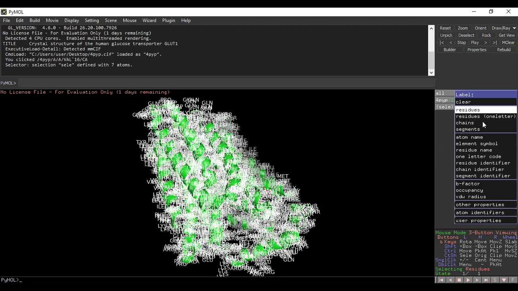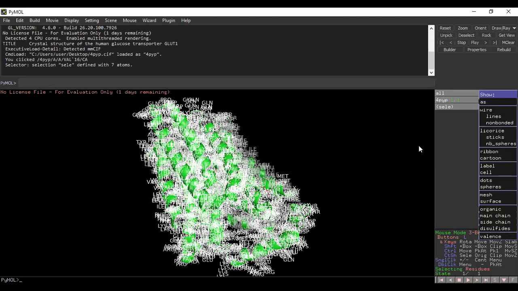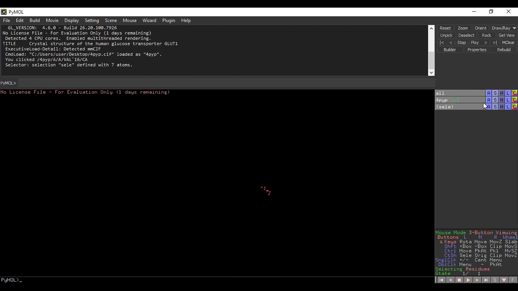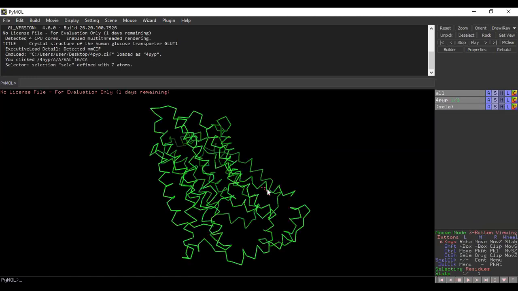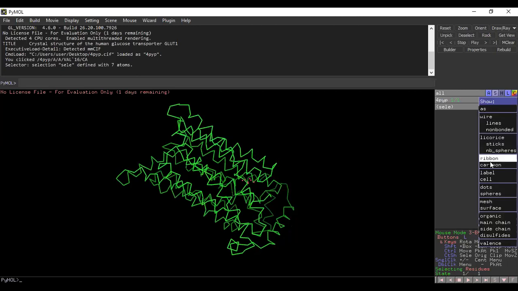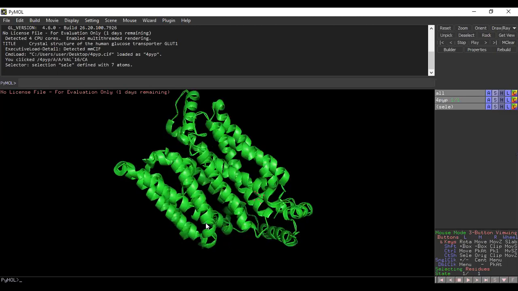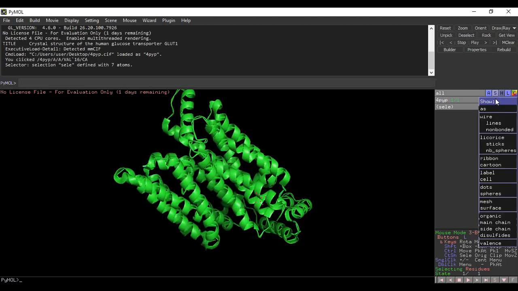So you can hide also. It's just like software. It's very easy. You can just play around with it. I just want to hide everything. Okay, so now everything has been hidden. Now S means to show. So if I want to see a ribbon molecule, I can see, or I can see a cartoon which I initially downloaded. So S means you can just see what all is present.